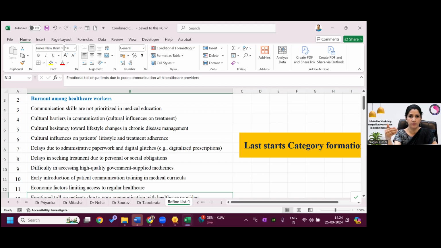No problem. Many times, especially in thesis and PhD work, we have seen that it's only the student who does the coding and the analysis. True, ma'am. And most of the time, students don't know what's happening in the qualitative analysis that they're doing. So my reason for asking was the same. Because while you're doing the thesis, you're also simultaneously learning how qualitative analysis is done. Yes, you are right.